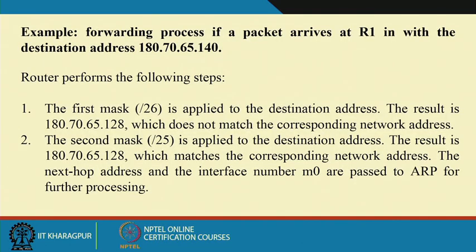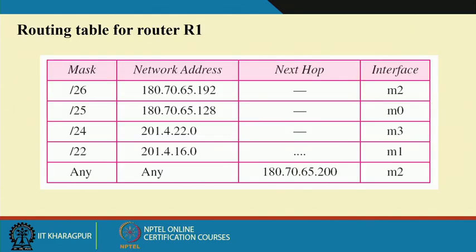ARP typically maps an IP address to a hardware address. So, if it goes for an ARP request, it returns the hardware address of that particular device, so that the frame at the layer 2 level can be forwarded. We will be discussing ARP later, so do not bother about it immediately. But see, if a packet comes, it follows these things in this